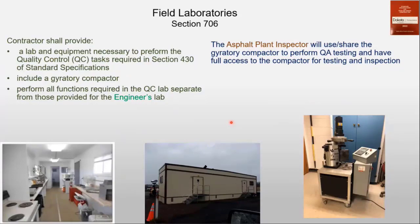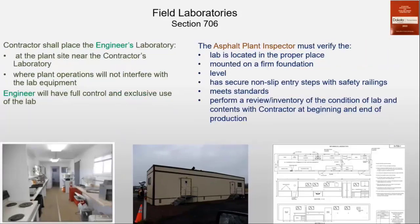And so the inspector, we have to share the gyratory compactor with them so that we can do our tests too, our verification tests. Then the contractor has to place the laboratory that we work in, the QA laboratory, at a site near the contractor's laboratory, where it does not interfere with the lab or the plant operations, like the vibration and stuff. So the engineer will have full control of that laboratory, and as an inspector, you must,